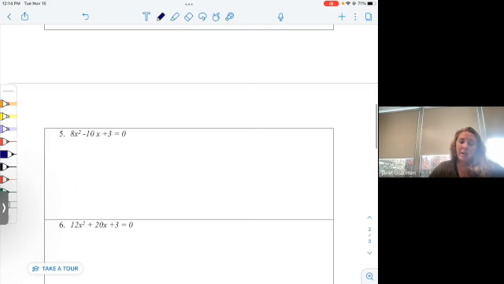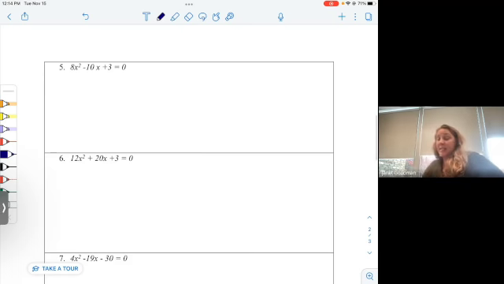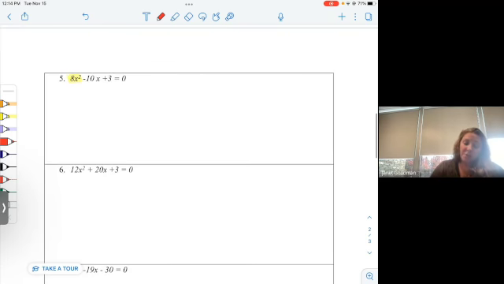Okay. Now, let's take a look at what happens now that my lead coefficient is not 1. So I'm going to practice solving using the AC method. Some of you might like to guess and check, but I like having steps. So in the AC method, I'm going to follow my steps. First thing I'm going to do is multiply first and last coefficient. So in this case, I have 8 times 3, which is a